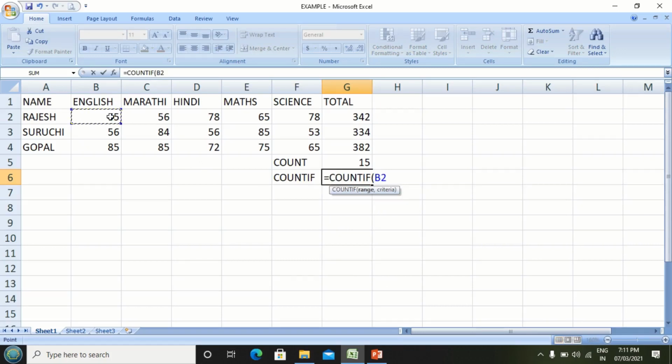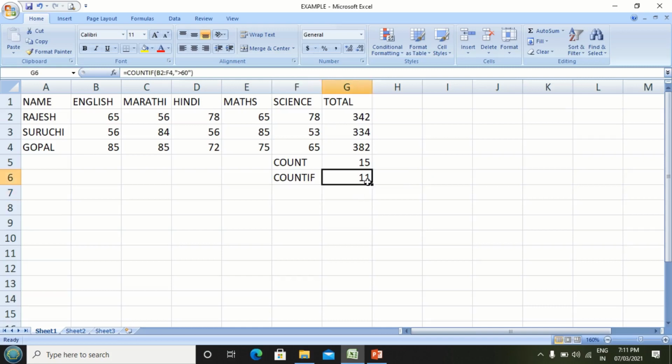I am selecting B2 to F4, comma, we put the condition in double quotes, greater than 60, close the double quotes, close the round bracket, and press enter.